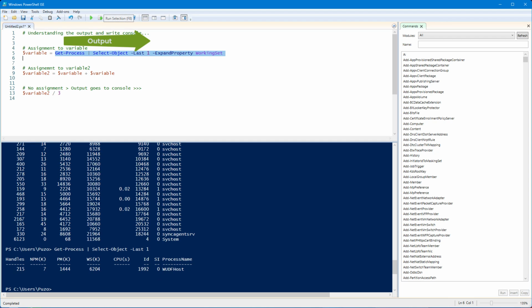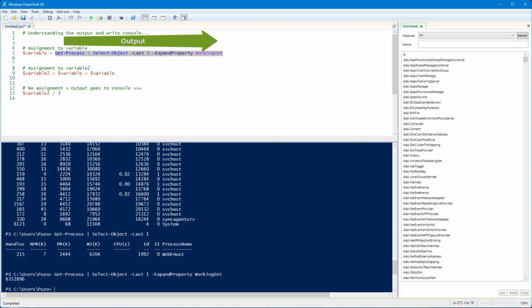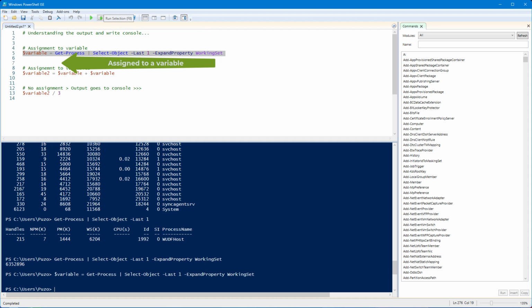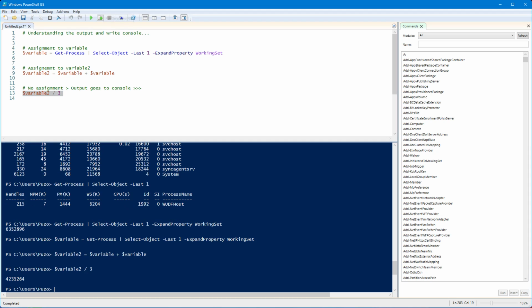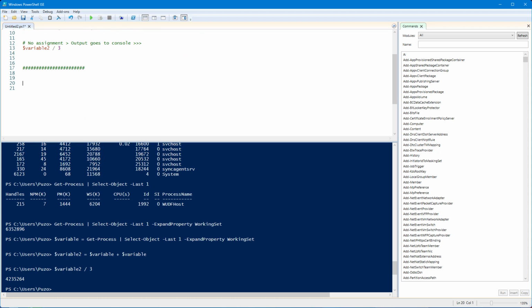Here's a detailed explanation of the difference between outputting to the pipeline, using Write-Output, and writing directly to the console, using Write-Host, as well as how they interact with other output streams. Write-Output sends objects to the output stream, also known as the success pipeline. This is the primary way to output data from functions or scripts so that it can be further processed, piped into other commands, or placed into a variable. And Write-Host sends text directly to the console display host. It's used primarily for displaying messages to the user that are not intended to be part of the data output